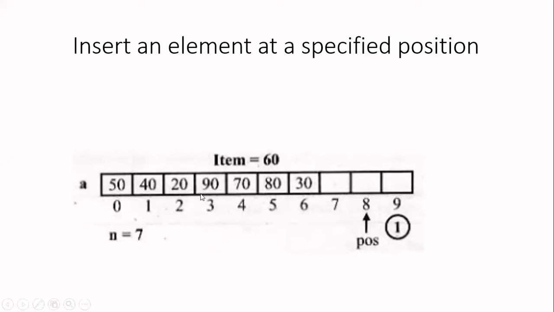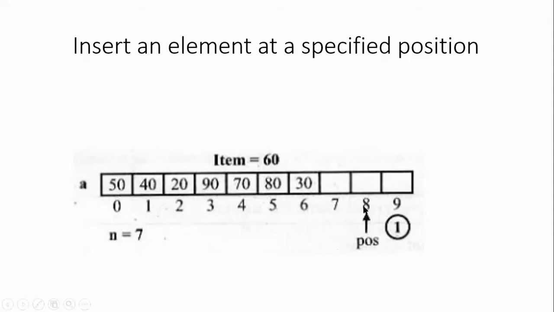Here, I have elements from 0 to 6. So next, I must insert only at position 7. I should not insert at 8, and I should not insert at 9. Even though memory space is available, since an array is a collection of elements stored in contiguous memory locations, you should not insert at position 8.